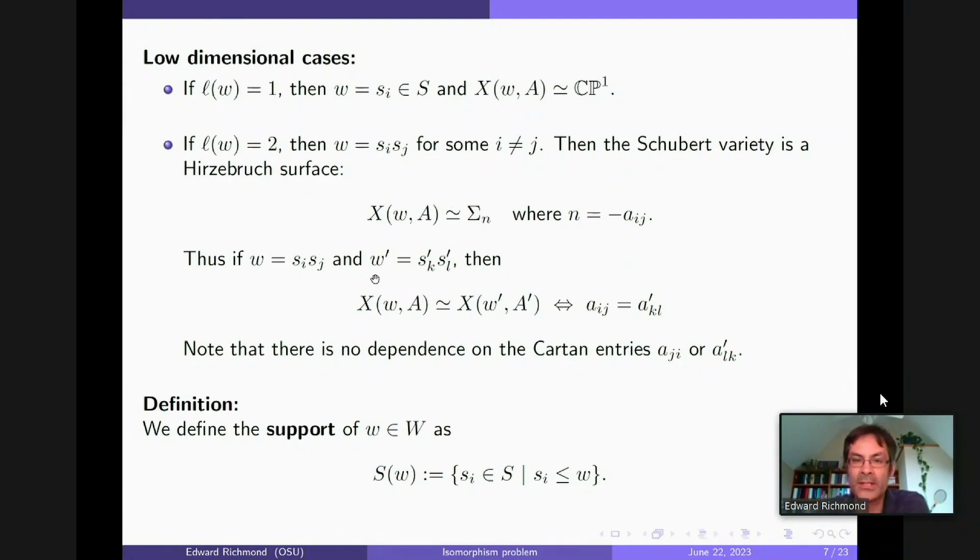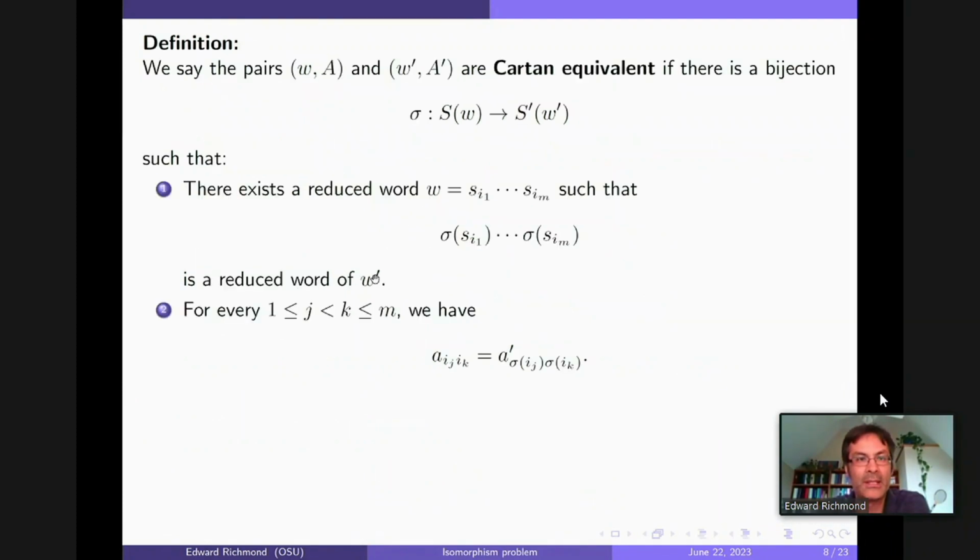Taking this two-dimensional example, I'd like to give a definition of Cartan equivalence. So this is right now purely combinatorial. We're going to say a pair (W, A) and (W', A') are Cartan equivalent if there's a bijection sigma between their supports such that the following two things happen. First, you can take W, you write out a reduced word. There has to exist a reduced word